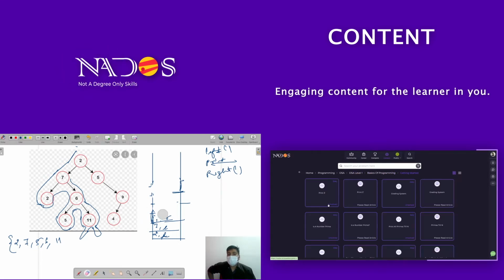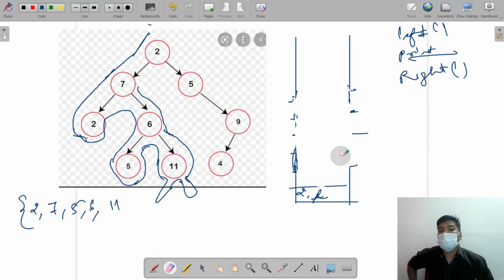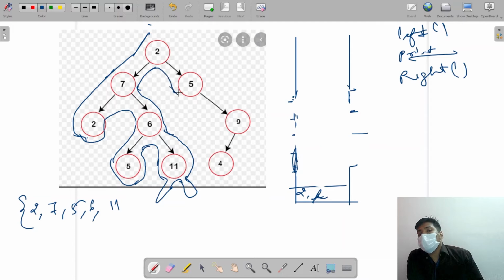It is also erased. So this is how my stack will look now. I'll come to this position, and then I'll go to the right, because I have a right call left. So 2 right. Now 5 will make its left call, but it won't get anything, because it does not have anything in the